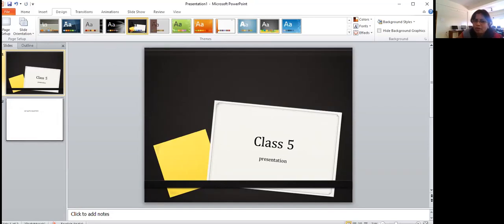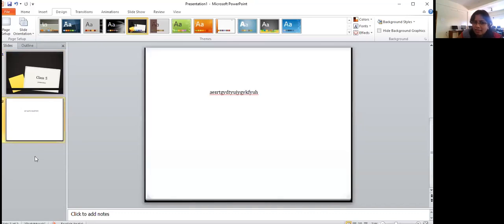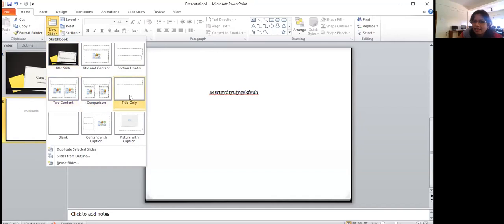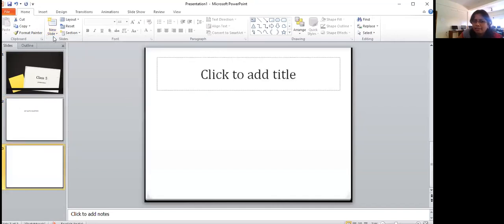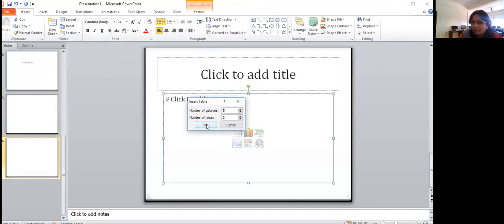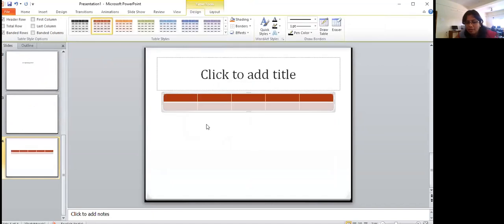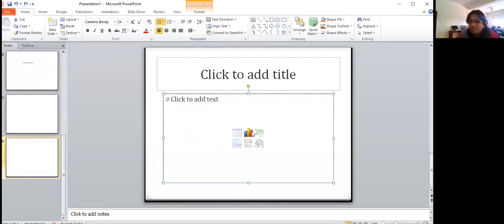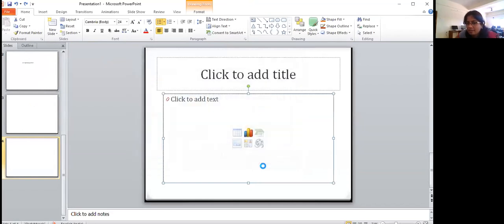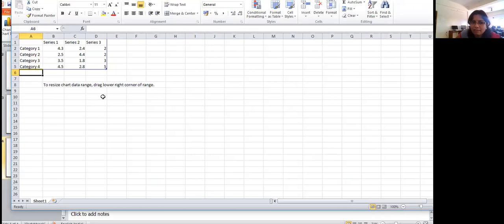They have inserted it like a booklet, correct? And then this first page. Then this is one more card. Then if I start adding more slides, I want a slide with a title. Then I want a slide. See here, from here I can insert a table. Here I've inserted a table. Okay. Yeah, I want to insert a bar graph. It will come. See? I'll just take this one.